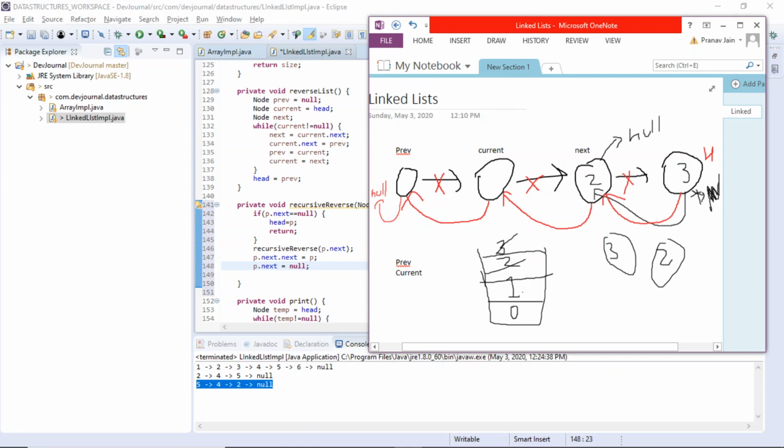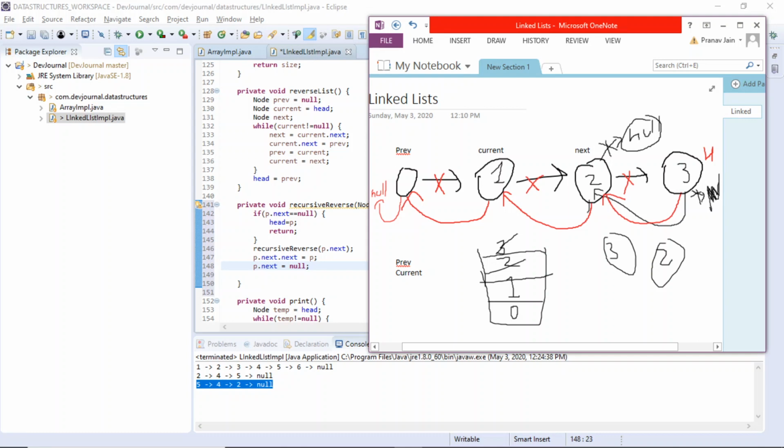Now comes 1. When 1 comes, p is our 1, and p.next is 2, and 2.next is null. So what we'll do, we will break this link. First we will say yes, p.next should not be null, it should be p.